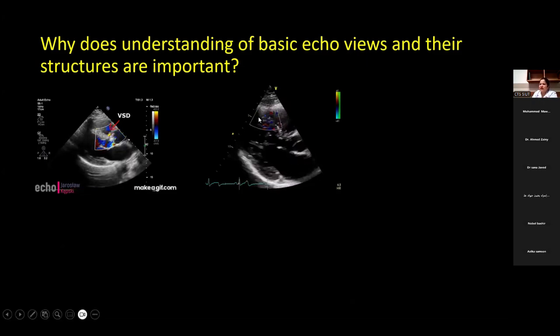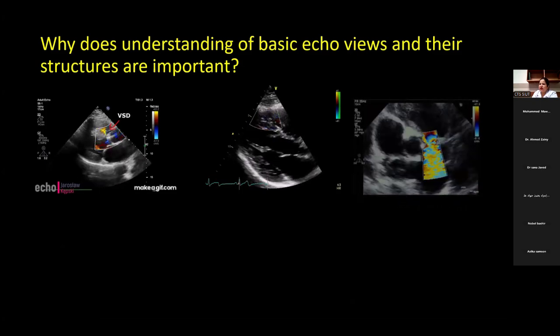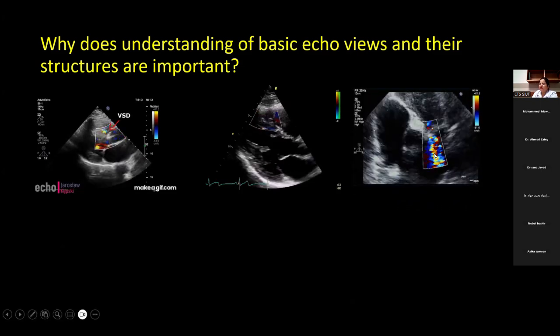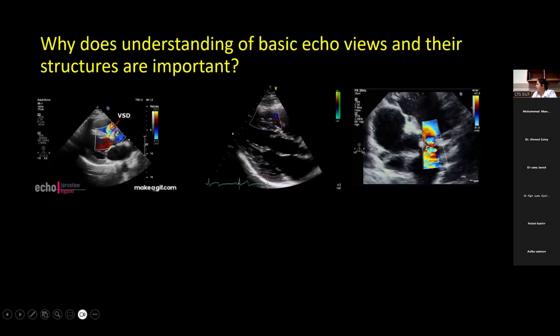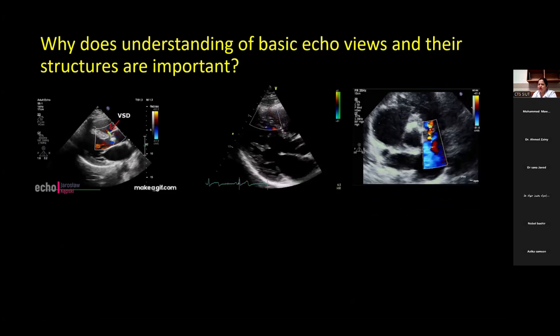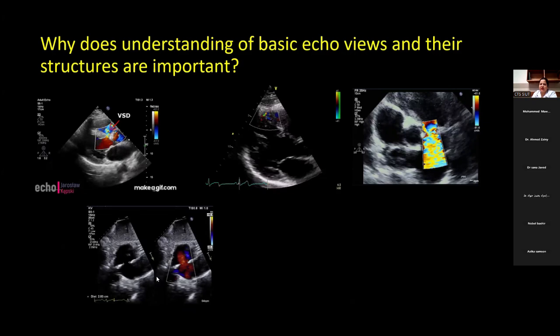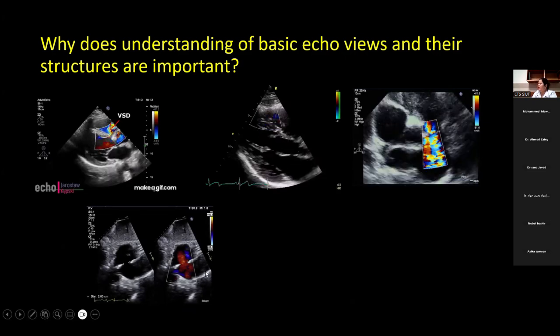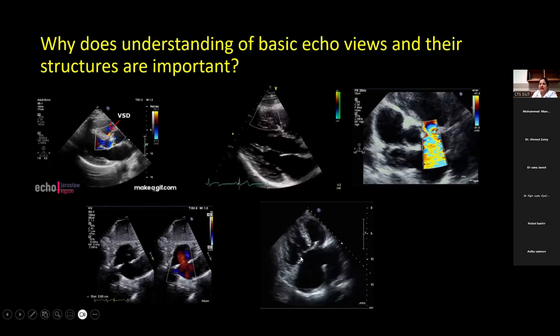And in the last view, I showed some erroneous imaging in which the apex was cut off. So here you can see there are sometimes apical muscular VSDs. If we do not take it properly and do not capture the whole structure, we can miss these things. This is the short axis view, and this is the pulmonary valve, and the flow acceleration can make you understand there's something going on. And this is the subcostal view, and this is the interatrial septum, the gap and the color which is crossing make it easy. This is ASD. And again, this is the four chamber view. There is a gap, and there is